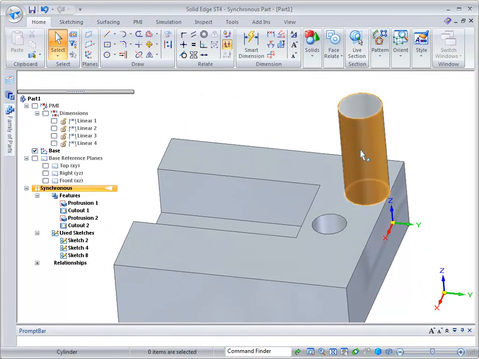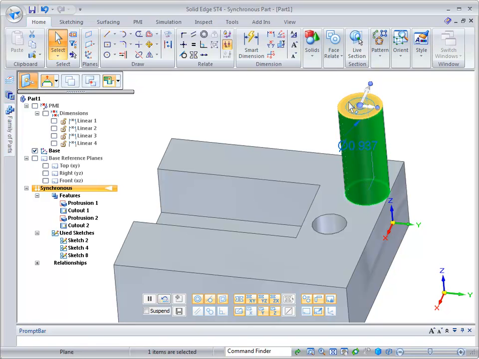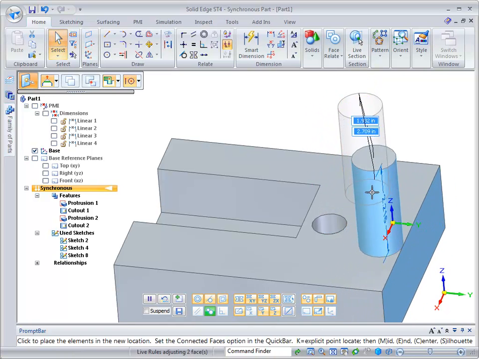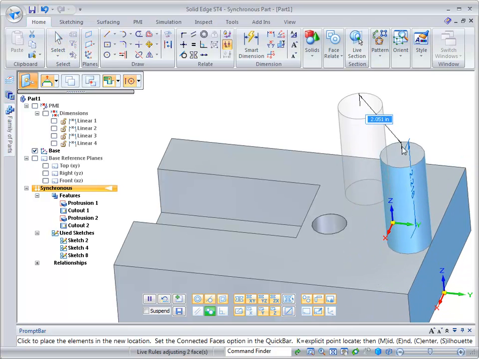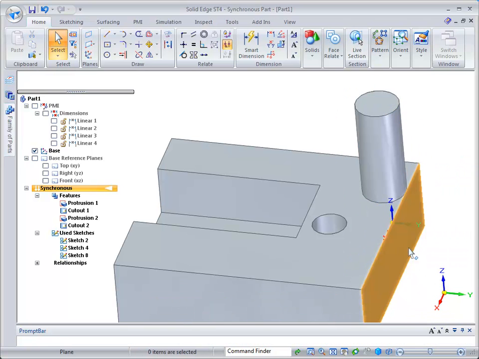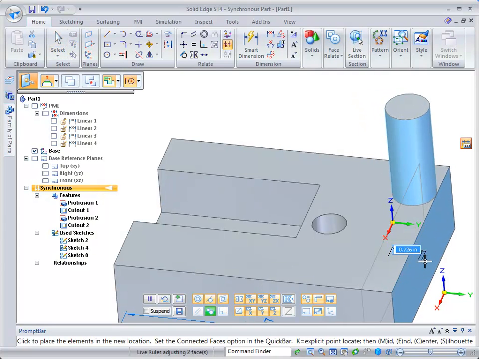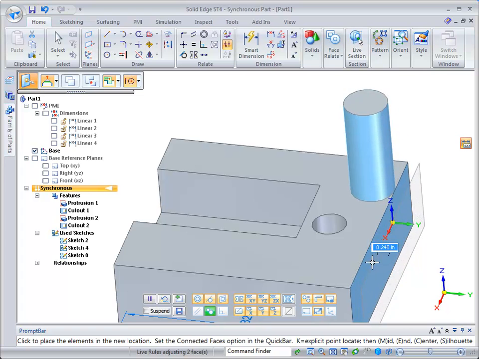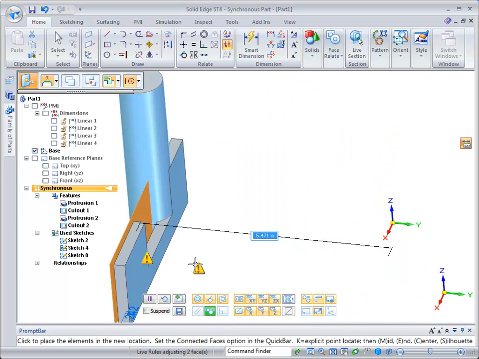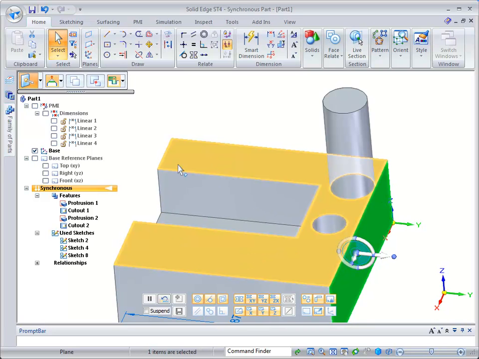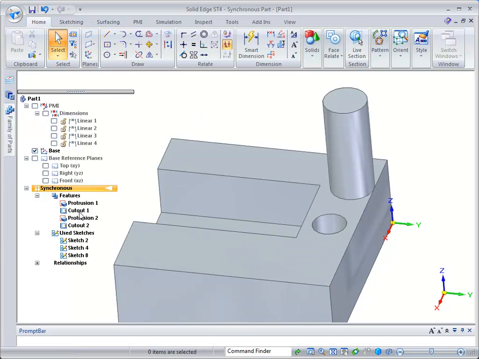So now if I grab this and move it, it's following that relationship that I've established. I can also select this face and move this, and the cylinder moves along with it. I'd like to point out that, if I can just place that somewhere, the relationships that have been created, in this case just the tangent, are